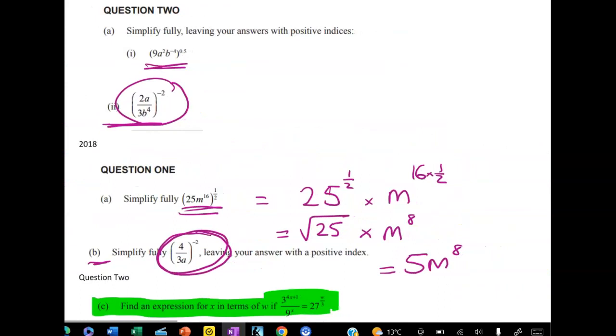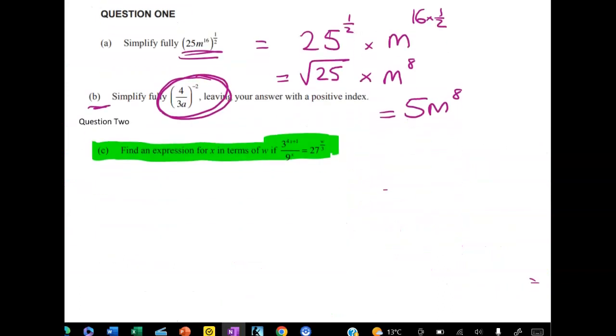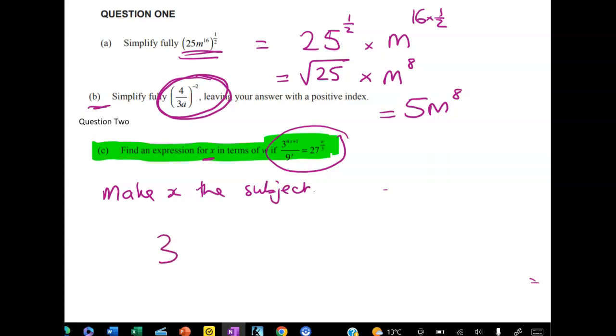Right, one question left, and that's this one here. So find an expression for x in terms of w if this equation is true. That's another way of saying make x the subject. So we're going to do some rearranging. Now, when I look at this,